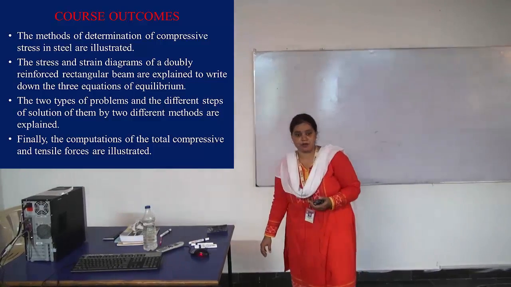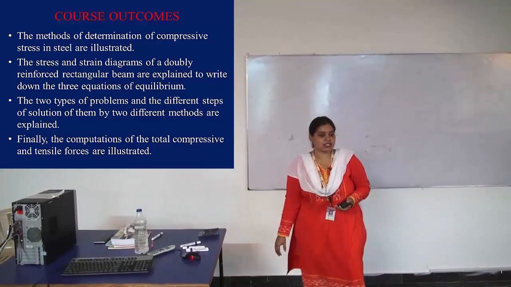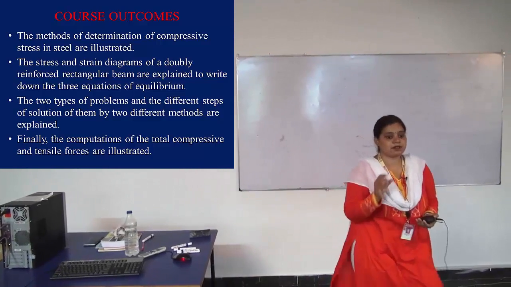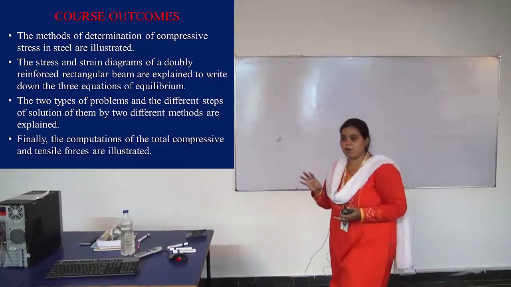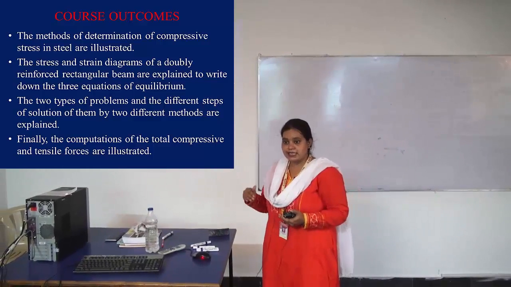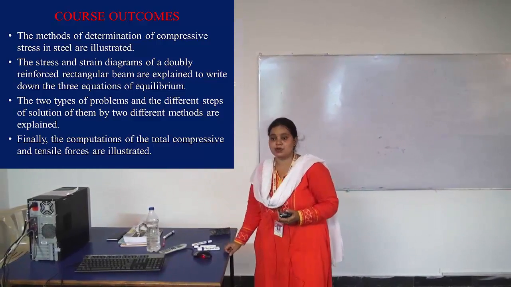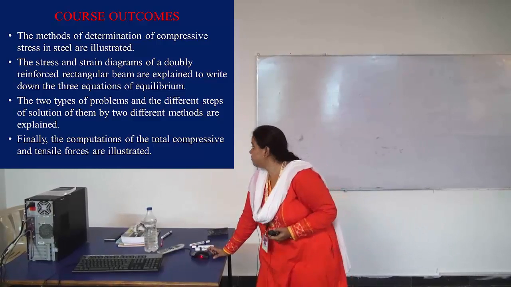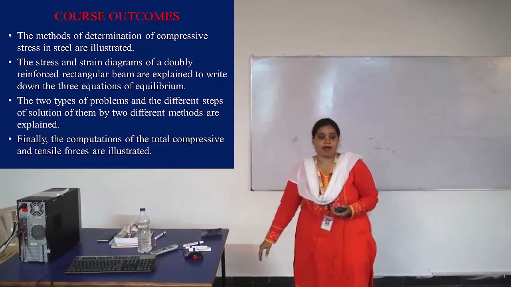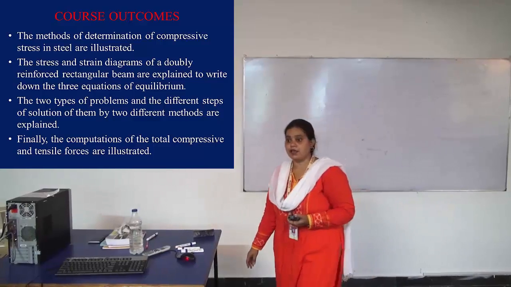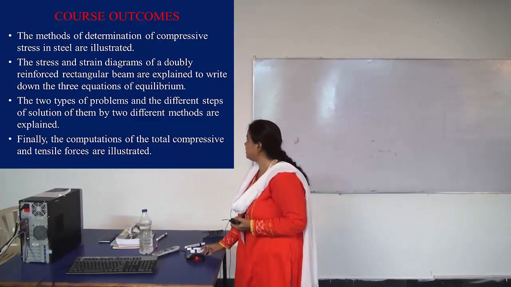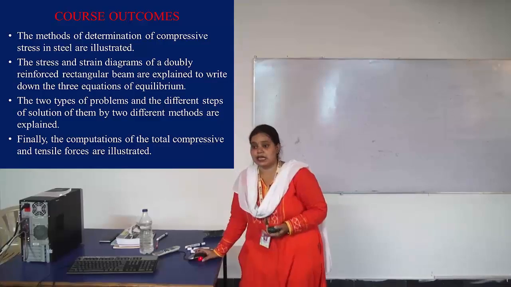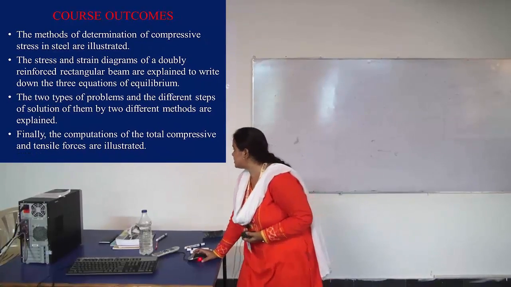They are used to write down the three equilibrium equations. In our singly reinforced section, we only got the moment of resistance for the singly reinforced section, meaning MOR for only tensile steel. But here in this case, we will find out the MU1, MU limit, and finally MU. Finally, the moment of resistance for the doubly reinforced section using the tension steel as well as compression steel.